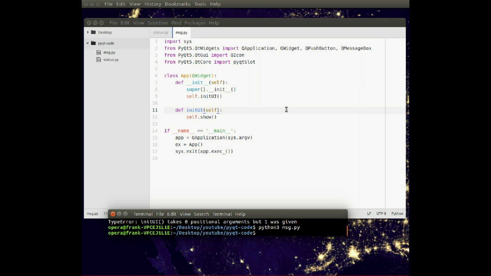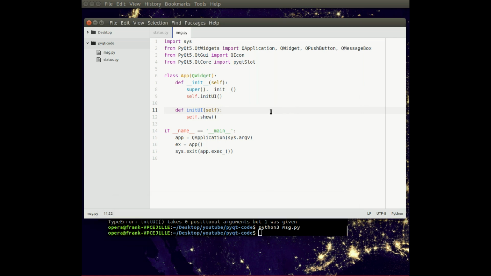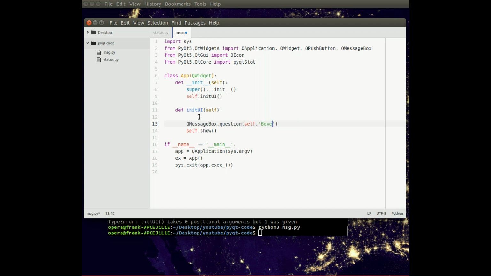So what you want to do now is to show a message window. Notice that we imported the module Qt widgets as QMessageBox. So this message box is what we'll be using to show a message to the user. So we have a function inside it called question, which has a window title. Let's call it beverage, and we can add a question as well as an answer. In this case, obviously, it only has one good answer,